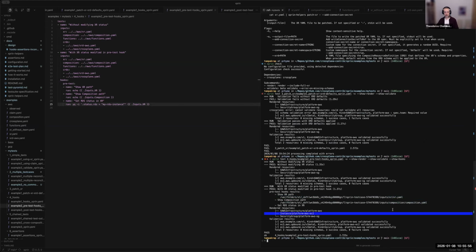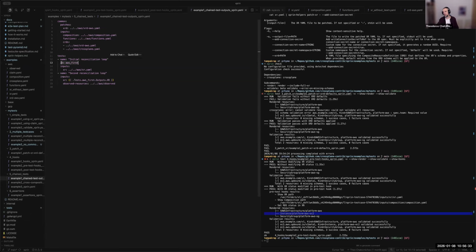And then for the chained tests, again with template variables, we have the ability to take artifacts from one test and use them as inputs to another test. They have to be in order though. So this test we run first and this we run second. So we export the artifacts from this one. And the way that we export the artifacts is by introducing this ID, which is similar to how GitHub Actions is doing it actually. And then we can reference it in a follow-up test. I'm not going to run it, but you get the idea.